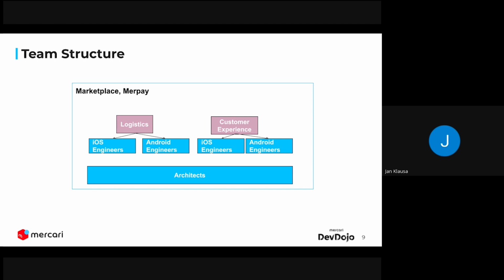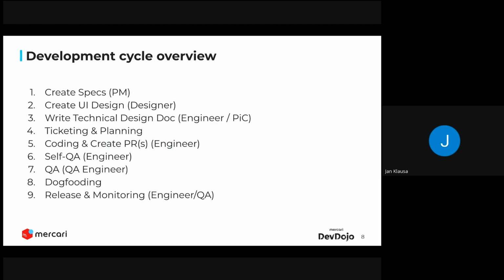And we also have an architect team. The architect team deals with company-wide technical issues so that each feature team can concentrate on implementing features without dealing with technical difficulties. And next, the development cycle overview: first, PM creates specs, and based on the specs, designers create UI